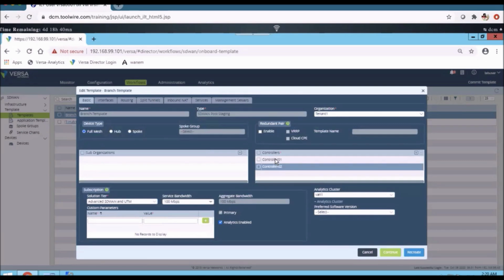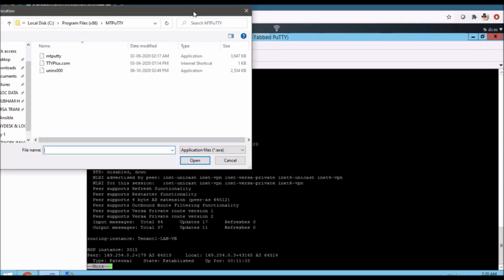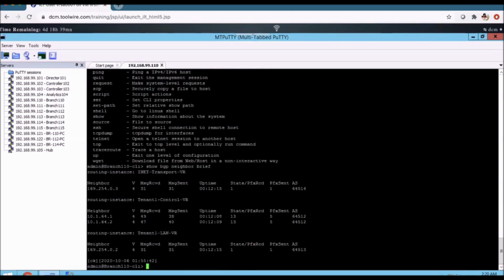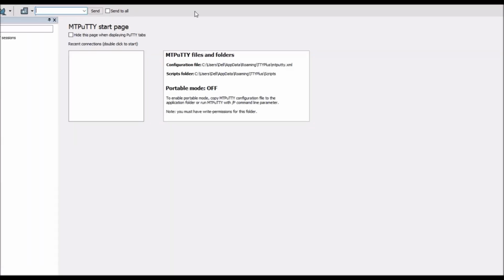We have selected controller 01 and controller 02. As we have selected both controllers, the branch has established BGP peering with both controllers. Here you could see 64.1 and then 64.2.